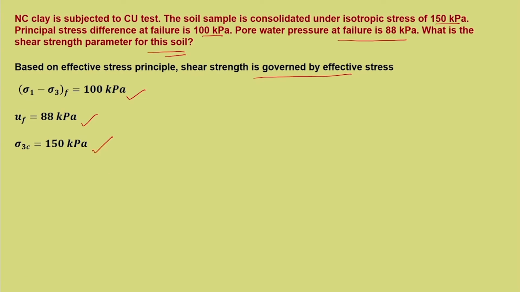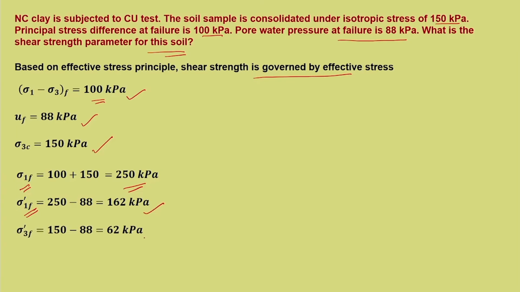So, this much is given, and these are in terms of total stress. So, sigma 1 F, from this particular equation, is equal to 250 kilopascal. You are just adding sigma 3 c to it, and sigma 1 dash F, minus pore water pressure, is 162 kilopascal, sigma 3 dash F is equal to 62 kilopascal,